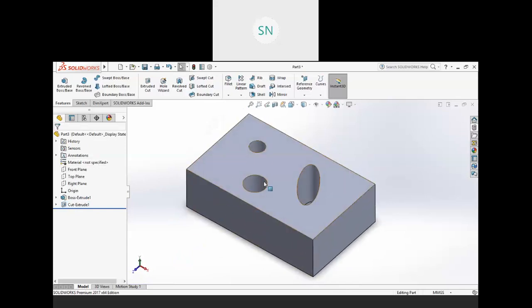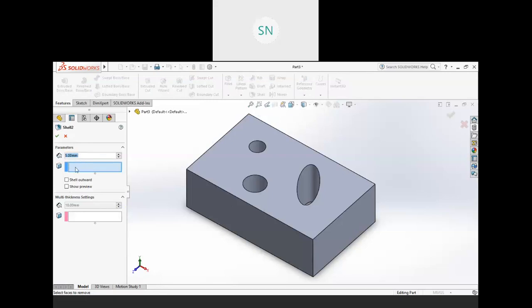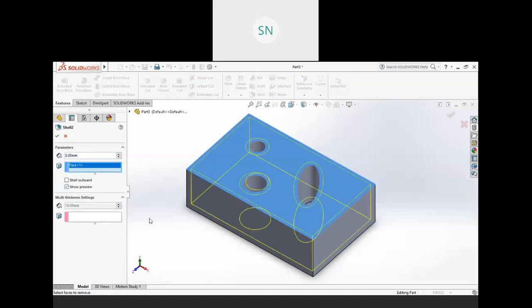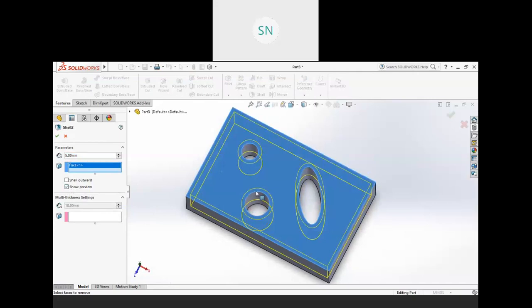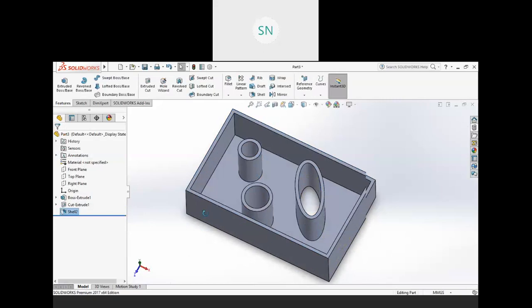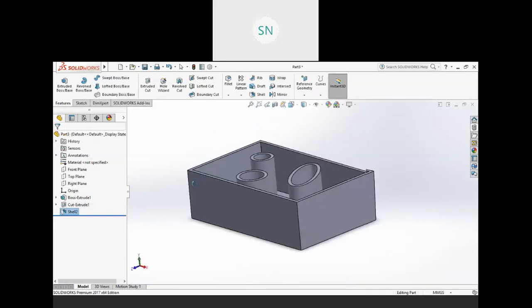So these are also faces, this one, this one, this one, right? So everything will take thickness over here. So click on shell 5 and I want to remove this face. Click on the preview. So see, this circular face is also taking thickness, this one, this elliptical, everyone will take thickness, and you will get as an output like this,